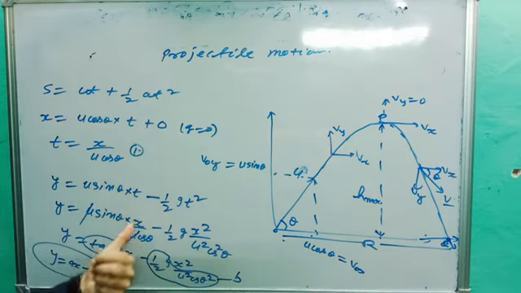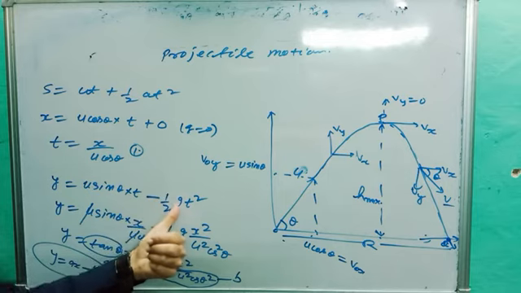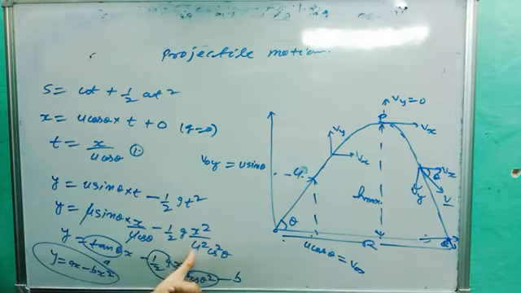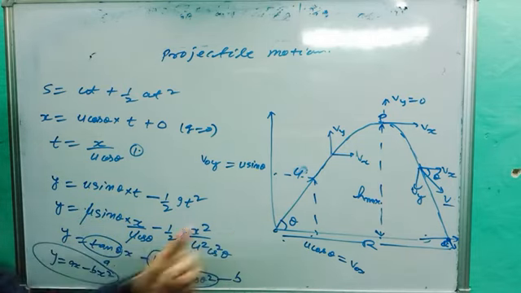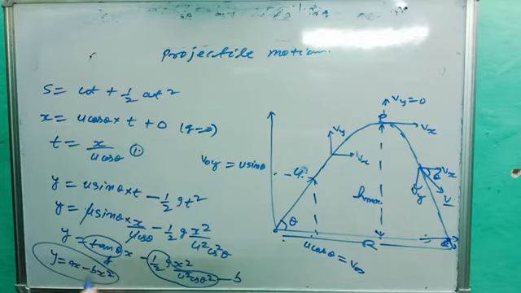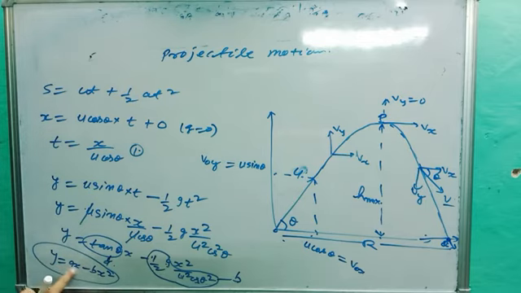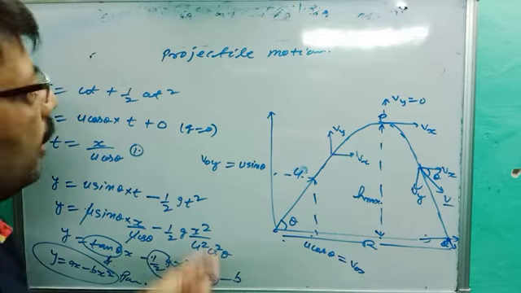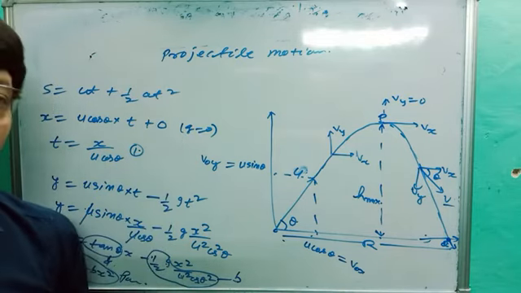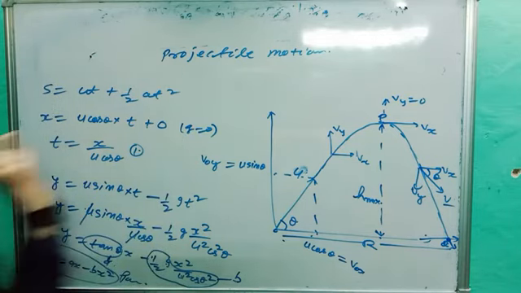The value of t is x upon u cos theta, minus 1 upon 2 g t square gives x square upon u square cos square theta, and sin upon cos is tan theta. You better know tan theta is constant, so it is kept as a, and 1 upon 2 g upon u square cos square theta is again constant, it becomes b. We get the formula y is equal to ax minus bx square, and this is the formula of a parabola, hence we can say projectile motion is parabolic. So this is the first point for you.